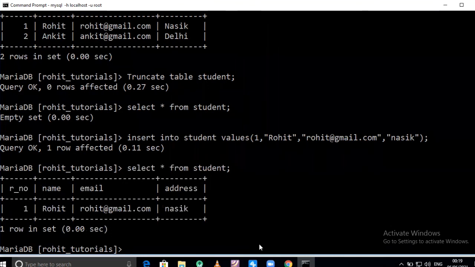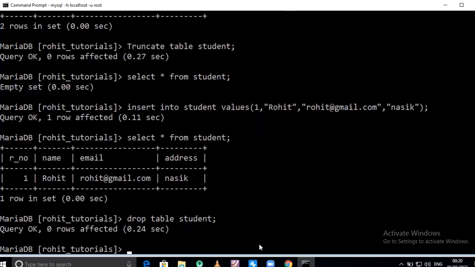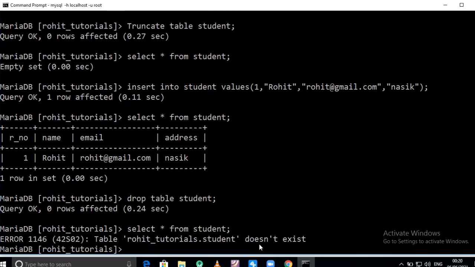Now I am giving the command drop. Drop table, name is student, semicolon, press enter. Query OK, zero rows affected. Now I am giving the command select star from student. Error, table student does not exist.